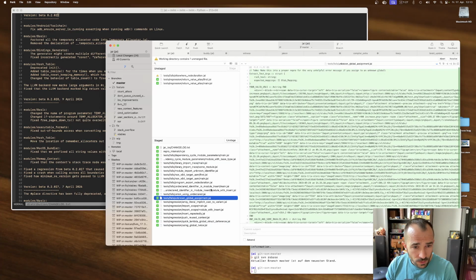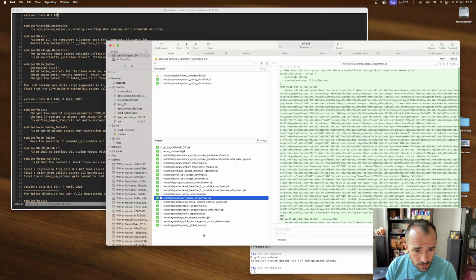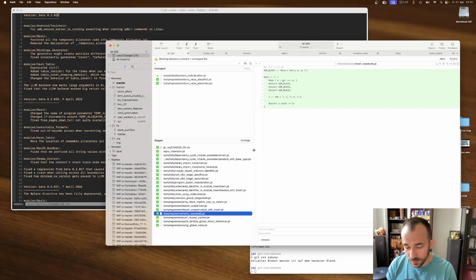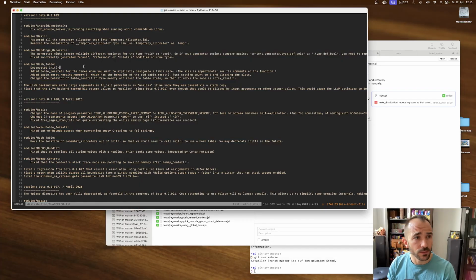There should be one. Maybe this was the wrong one. I am missing some. There was an insert repeatedly. There it is. Yeah, I have known that this is an issue for ages, and this needs to be fixed. It looks like no one has hit any of these because they're all things that I found over time. I don't think any of these have been reported, but still. Okay, let's start by looking at this one.